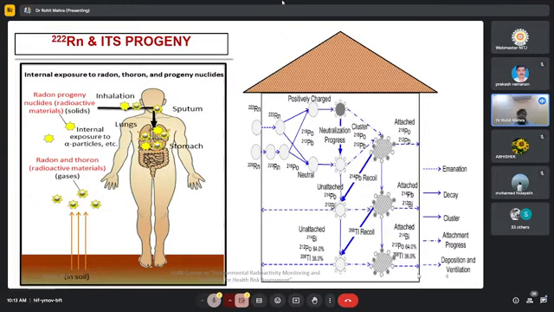Because radon is in a gaseous state, radon decays to generate polonium, and polonium emits an alpha particle which is capable of damaging the internal linings of my lungs. So I generally used to say,